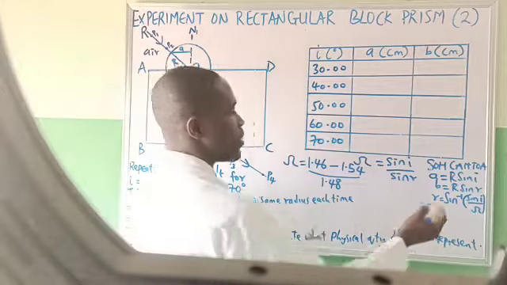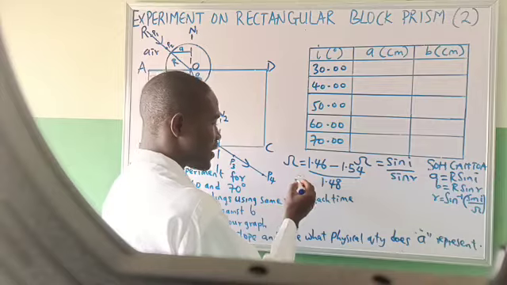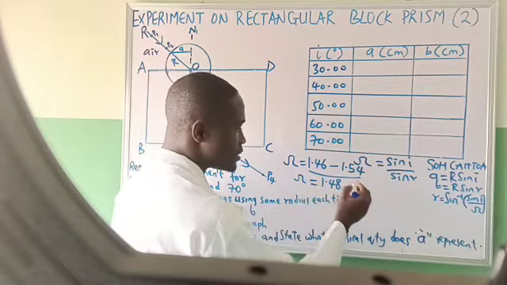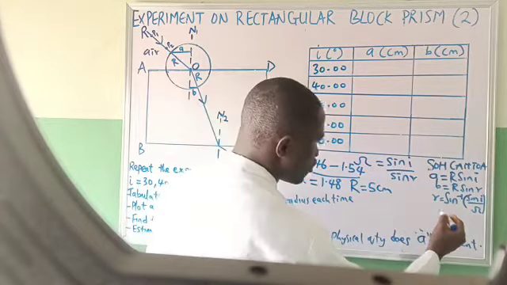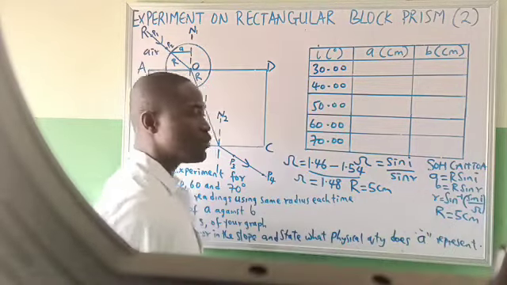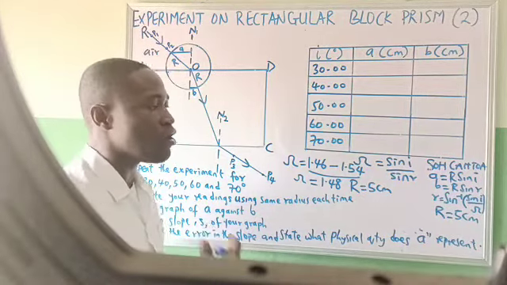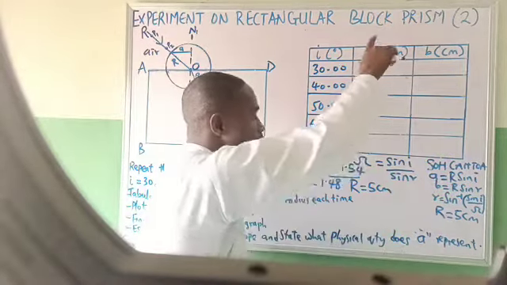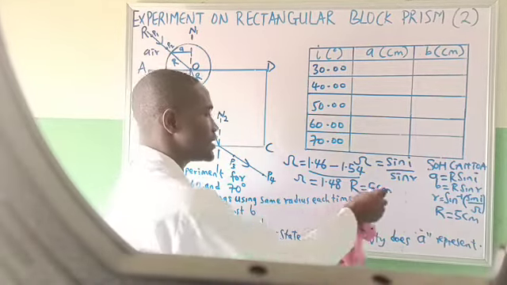So let's get our a first. This is the refractive index we are using. The refractive index is equal to 1.48. The radius is equal to 5 cm. So we'll be using capital R to be 5 cm. You can put any radius you want. You can use 1, 2, 3, 4, 5, 6, 7, any number you want. But that number will be unique. You will use it throughout. So, having noted that,